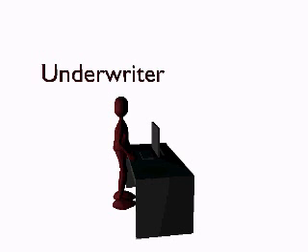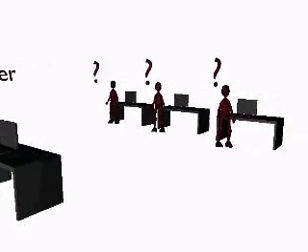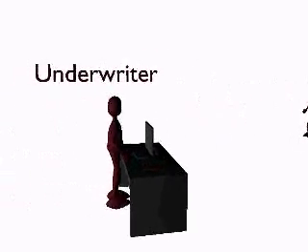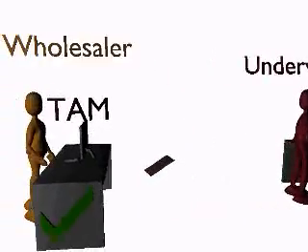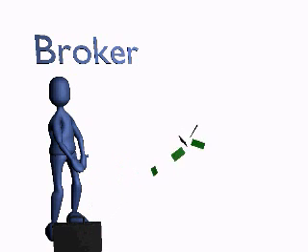If the risk falls out of their domain knowledge, they'll ask around the office to see if anybody else has dealt with a similar case before. Once the underwriter has finished writing the quote, they'll send it off to the broker. If the broker chooses this insurance wholesaler to insure their client, then they'll agree to have the quote bound. This means they finalize the quote and turn it into an actual policy, and at this point, the insurance wholesaler